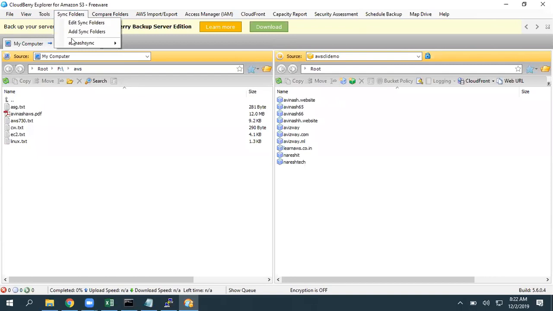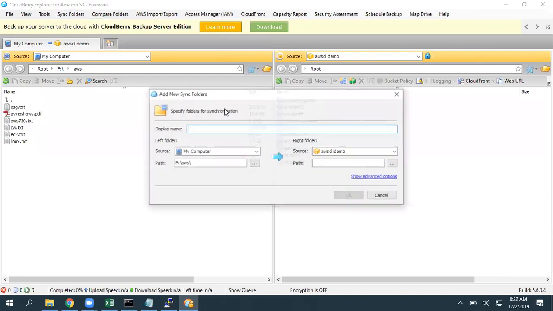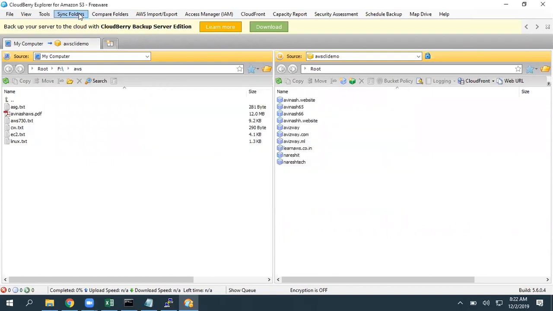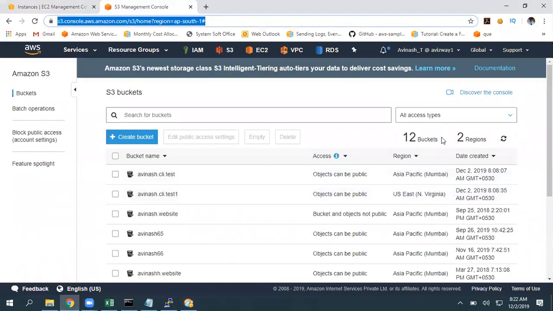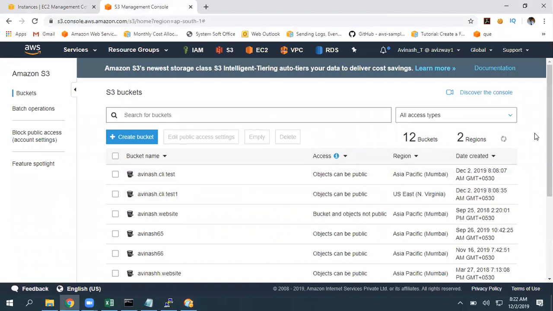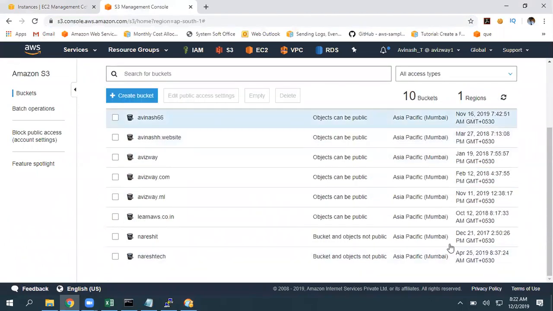And here you can create and add a sync with a display name, your local path, and your S3 bucket path. If you want to perform any synchronization, go here and click on sync now. It is going to synchronize automatically. Not only this, if any other user shared an S3 bucket with you, by default that will not display here, guys. Whatever bucket any other user shared with you will not display here.